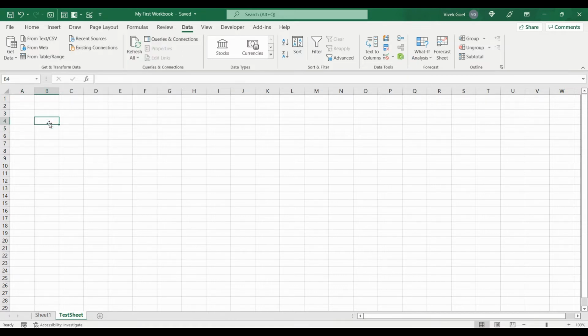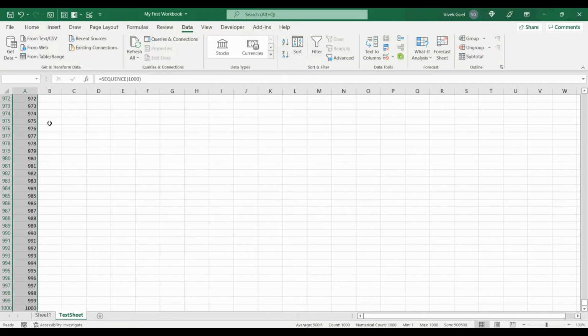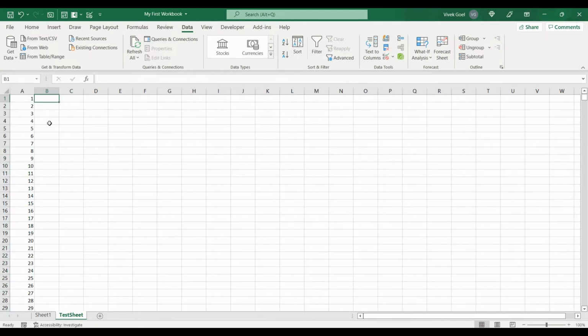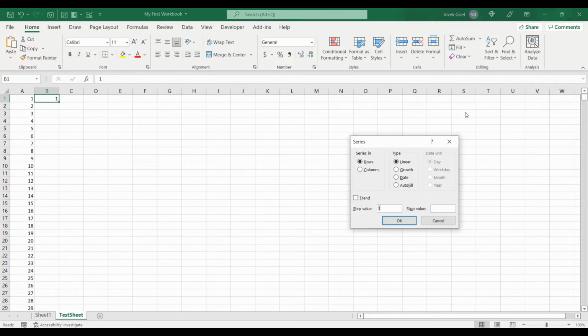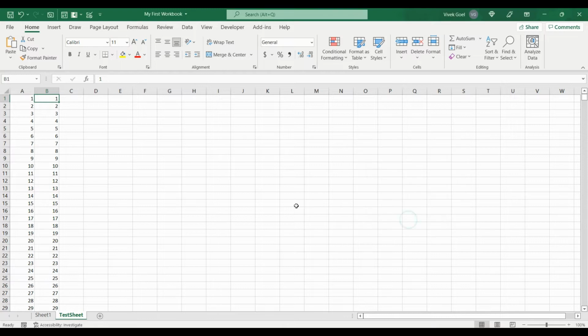Now we have to generate a series from 1 to 1000. We can either use the sequence function here. We can write sequence 1000 and it will generate a series from 1 to 1000. If our version does not support sequence, we can also use fill series. We will write 1 here. We will go to home. We will click fill and then we will select series. Now we need to change rows to columns and we will specify our stop value as 1000 and we get